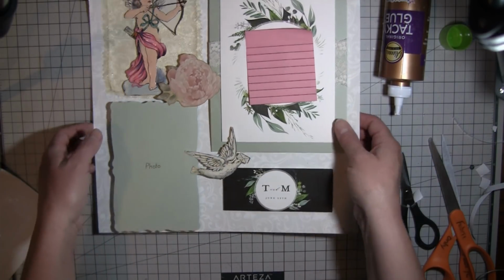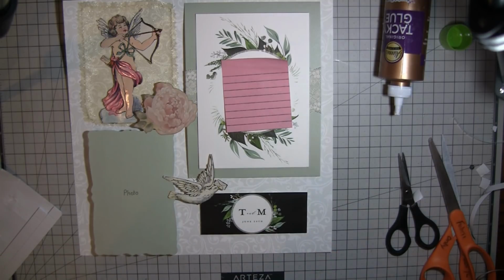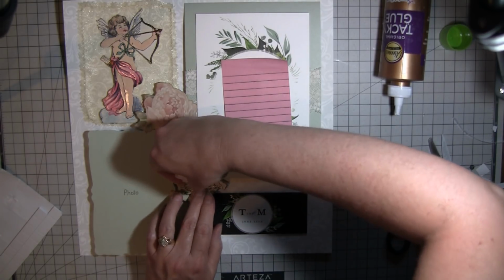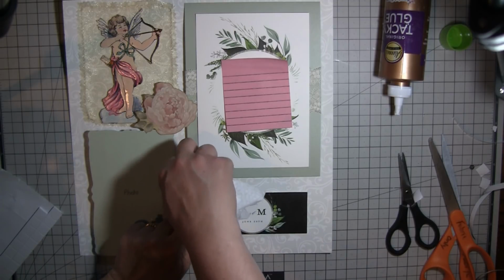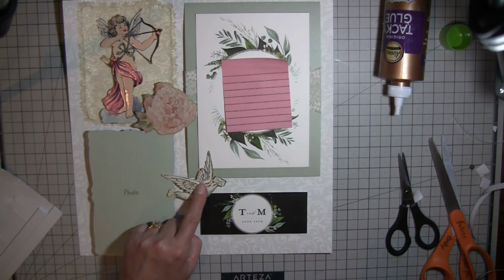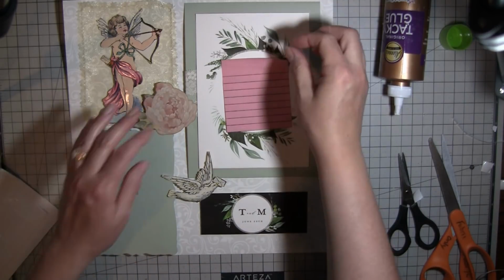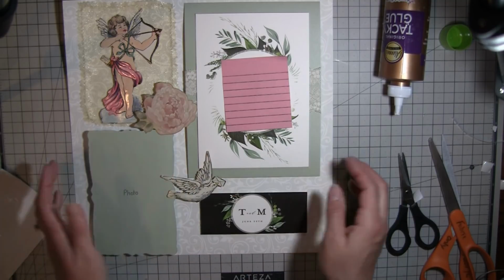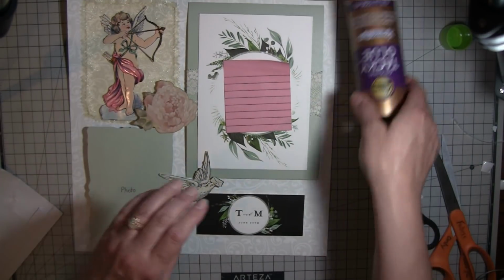Hold on just a second. That glue's on this right there. Oh, crying out loud. Sorry if my head's in there. Okay. Alright, so there's that. So let's see, you can kind of see what we're going for here. And then I'm going to take the